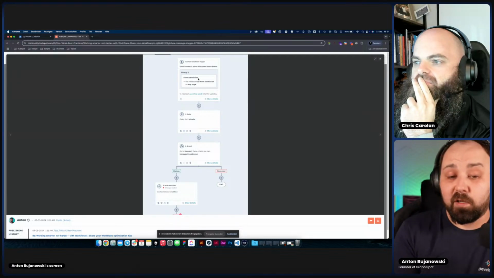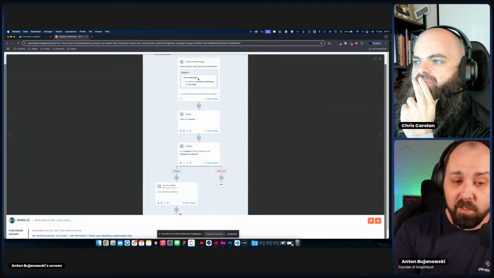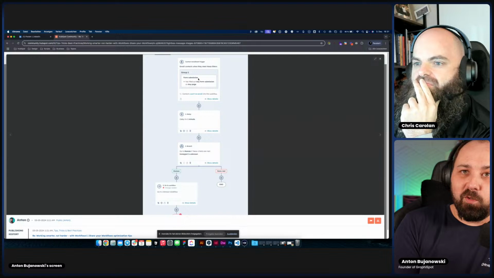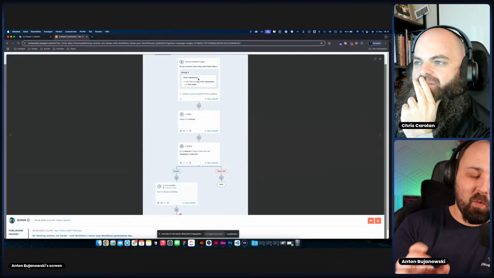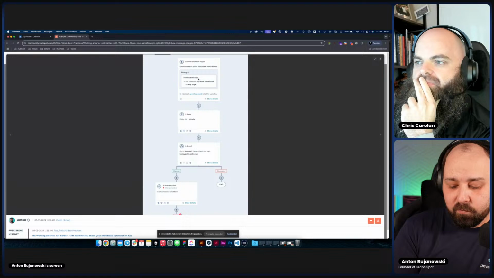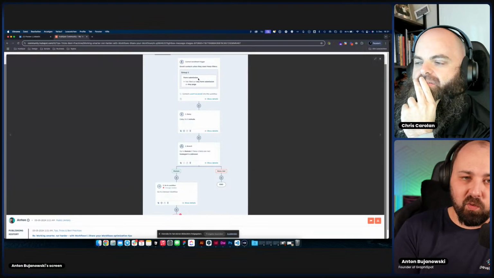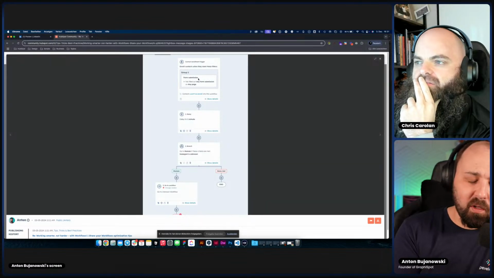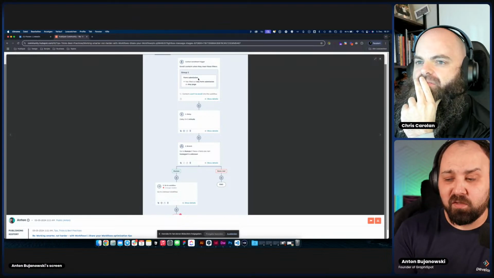I recommend call it honeypot, but it's completely up to you, right? And what you do is you will add this property to any form that you want to run through this workflow and make this field hidden. This is the most important part. Make this field hidden